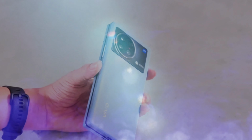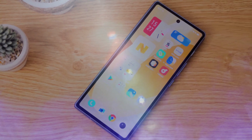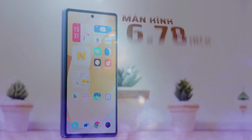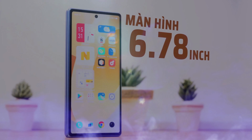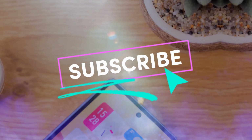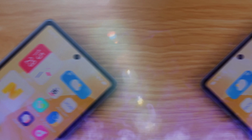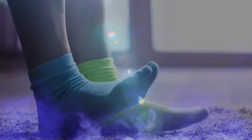Firstly, the aspect ratio of the Vivo X Fold's wider 21:9 cover panel offers more breathing room and enhances the user experience, especially for apps like Instagram. Secondly, despite a slight difference in diagonal size, the Vivo X Fold's main screen provides around 14% more surface area, making a noticeable difference in real-world usage. Finally, the Vivo X Fold's camera system outshines the Galaxy Fold 3 with its versatility and superior image quality, particularly